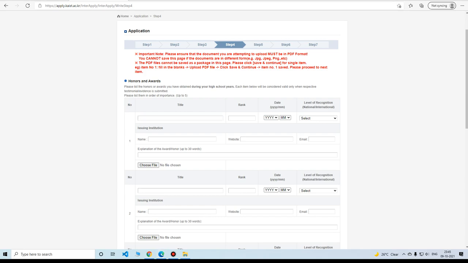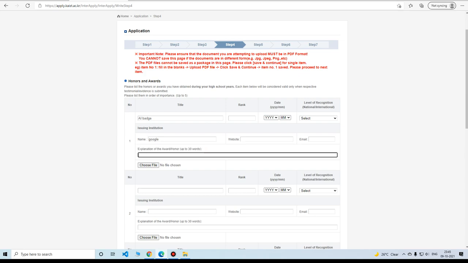So just type it here, AI badge. There's no rank in this, so you do not have to include this. Include the date, and there's no national context, so leave this as it is. The issuing institute would be Google, and there's no website for it, so you can explain it right here.